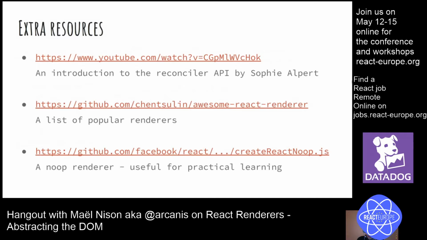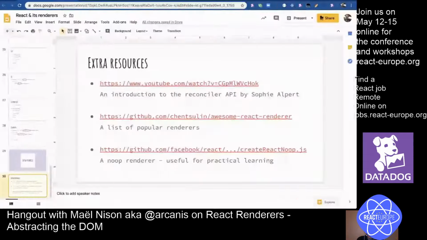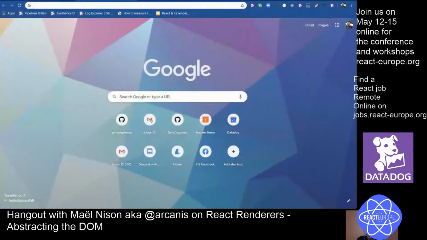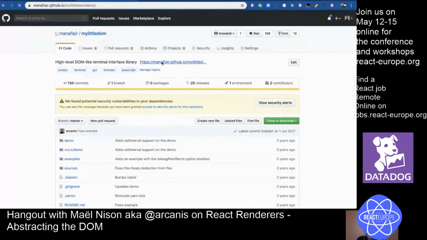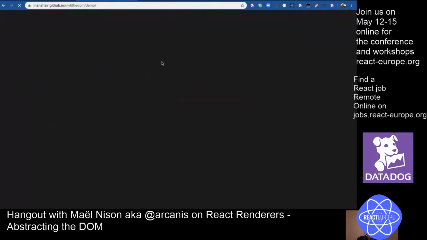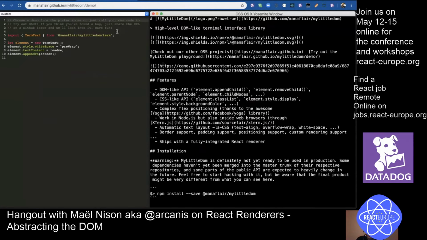I didn't know about the static renderer that you mentioned at the end. Could you explain a bit more about other use cases than images, for example? Let me show you. Do you still see my window? Yep. Right. So for example, here